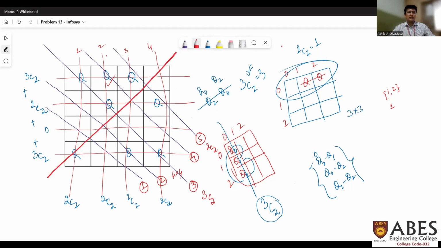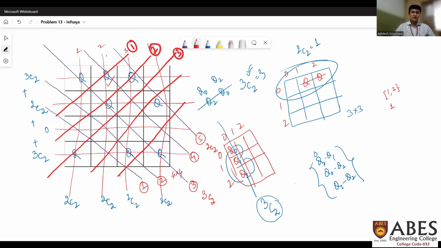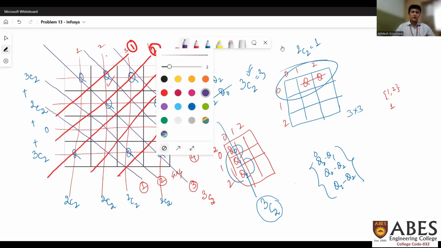So this is the main diagonal from right to left. This is the diagonal above this. And this is the diagonal above this. This is the diagonal below this. This is the diagonal below this. So if I number these diagonals, let's say this diagonal is 1, this diagonal is 2, this diagonal is 3, this diagonal is 4, and this diagonal is 5, then the total number of possibilities for